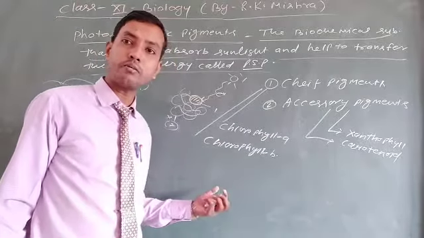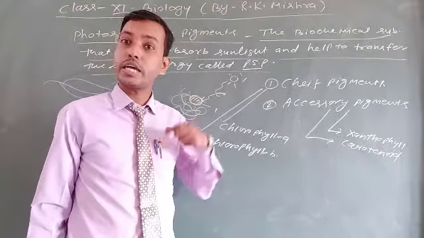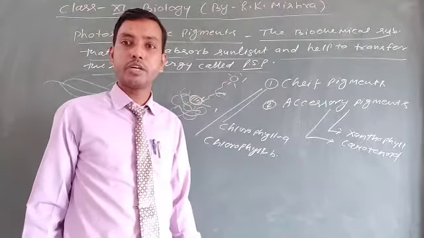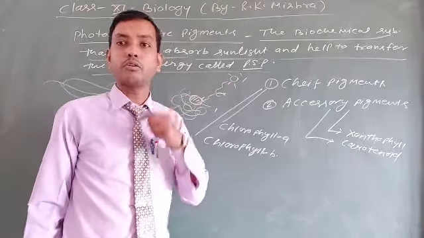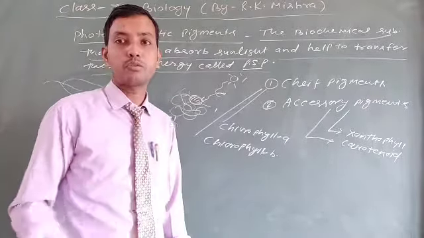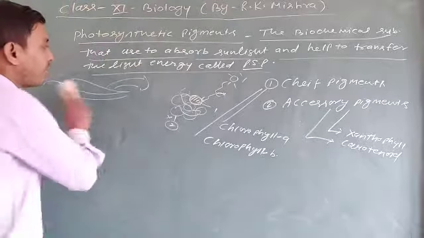Why are we not talking about chlorophyll C and D? Because they are part of the lower plants. In this video lecture, you will learn only about chlorophyll A and B because they are part of higher plants. Now back to chlorophyll A, B, xanthophyll and carotenoid.